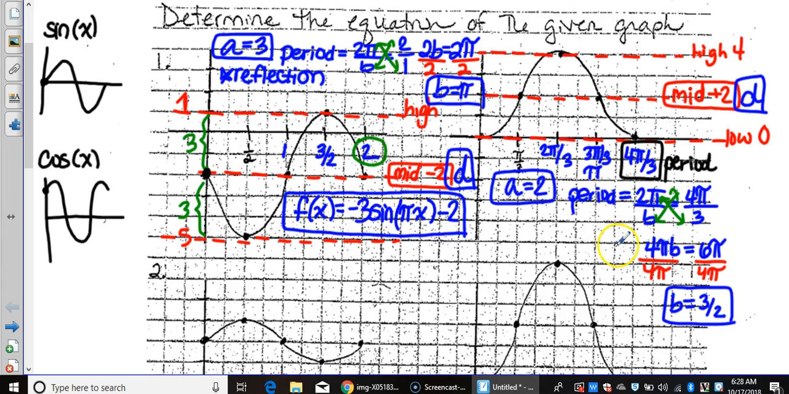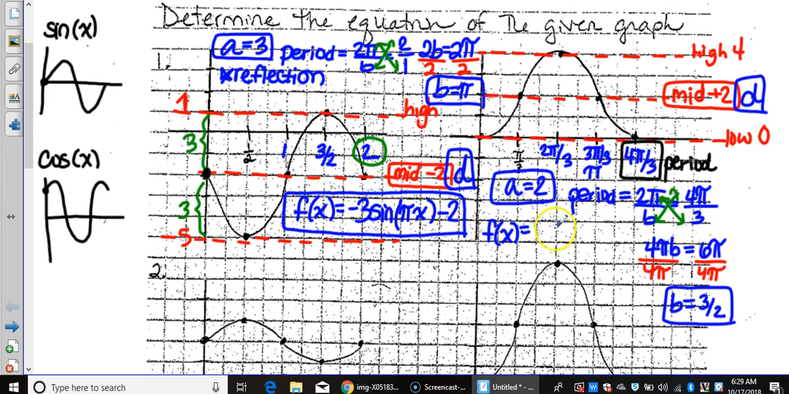Now we have to decide, is it cosine or sine? So coming over here to our parent functions, does this graph look more like sine or more like cosine? I'm hoping we're thinking or saying to ourselves cosine, and I would agree, because it looks very much like cosine, except it's reflected. Notice how cosine starts up here and comes down. This graph starts at the low and comes up. So this is a cosine graph that has been reflected, which means our function is going to be